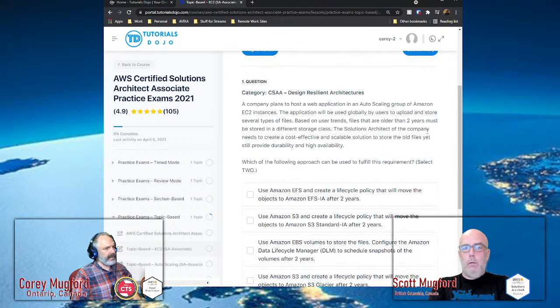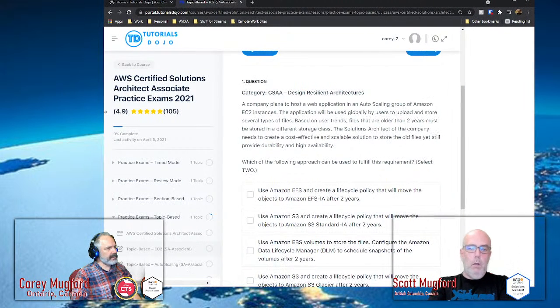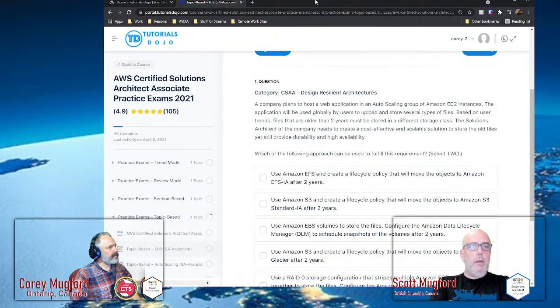So a company plans to host. Hold on a second. I'm going to just widen this out a bit. I think you can get rid of the right side too, can't you? Or no? What do you mean right side? Well, click the C beside your name, the Corey 2, and then your thing, and then there's that arrow thing. I think you can click that. It'll take over my whole screen.